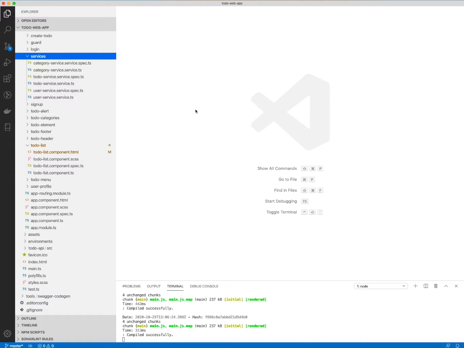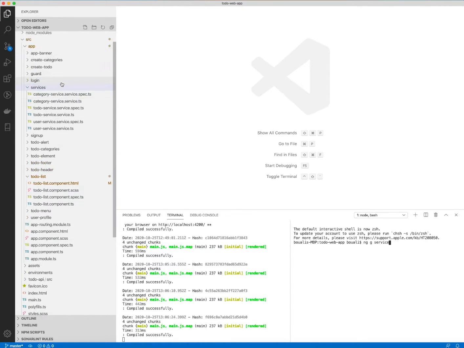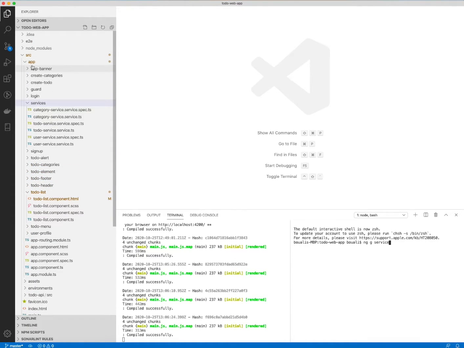Now we'll see the service part, how to create the services. So first of all, to create a service, the command is easy. It's ng g service, and all you need to do, you can create a service folder under the app, create new folder, and